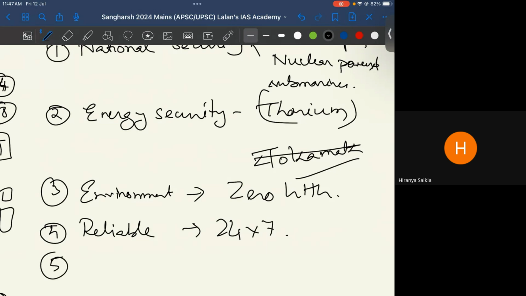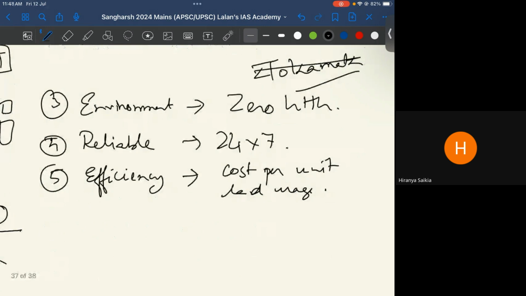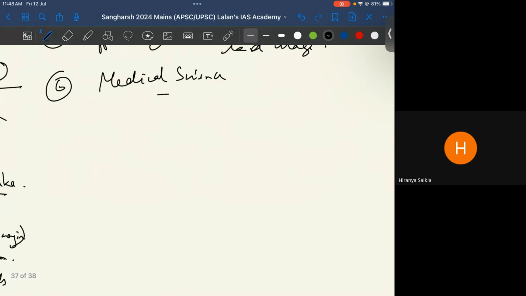Then if you consider it in terms of efficiency, cost per unit or land use cost per unit, it is quite less. In wind, such a large area is required. Then medical science and research: radio isotopes, radiology, radiation technology, there are many uses. So there are various advantages, but